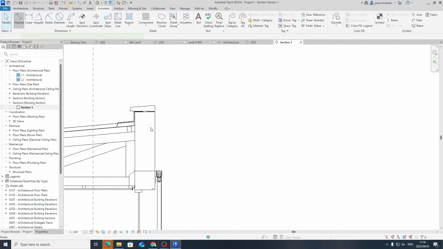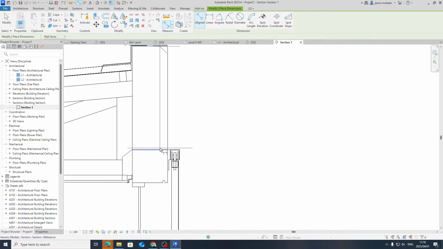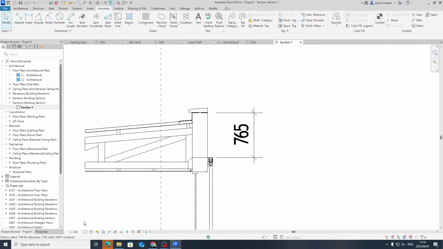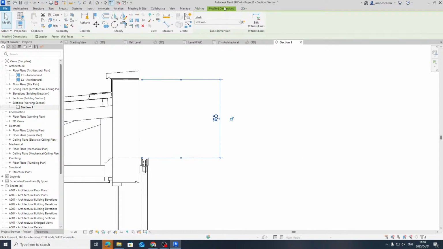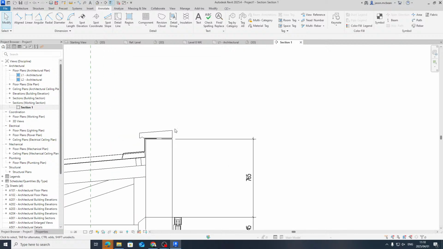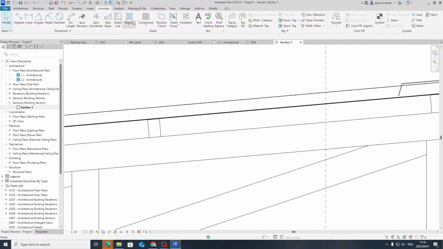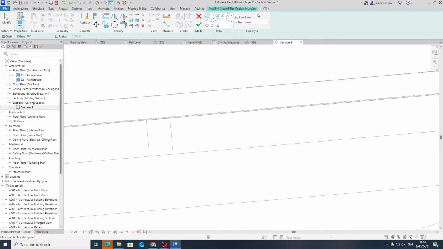So this is where things start getting a bit more serious. Now I can go and document this. I can use dimensions. I can set the scale, 1 to 100, so I'm going to make this 1 to 20. Now you're going to go and document all of this information. So now you're creating drafted details of this project. Yes, you're going to have to go and add some details here. So for example, components, filled regions. If you want to make this a material, I'm going to use thick lines for this.